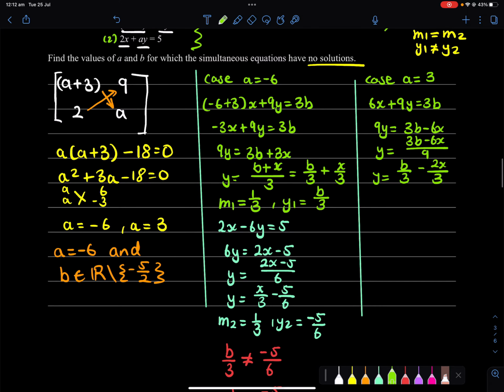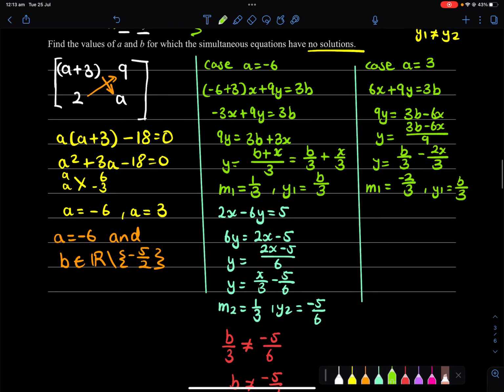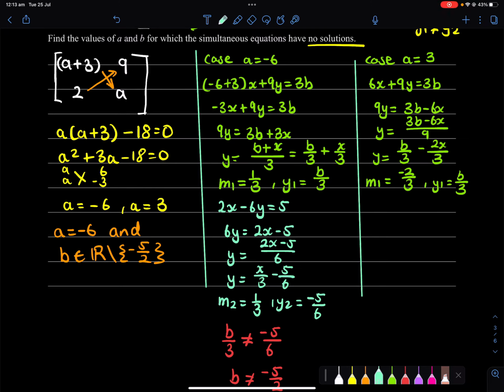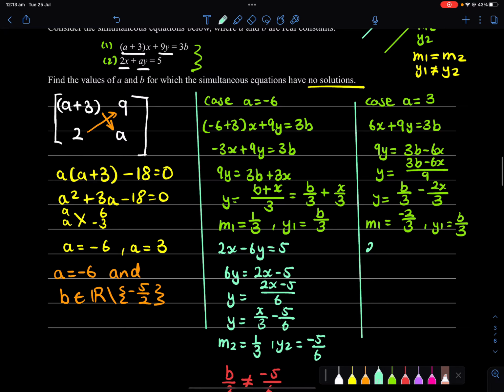I think so. Yep. So let's say this is m1. So m1 equals negative 2 on 3, and your b1, your y-intercept, would be b over 3. Perfect. Now let's put it in the other equation, which is 2x plus 3y